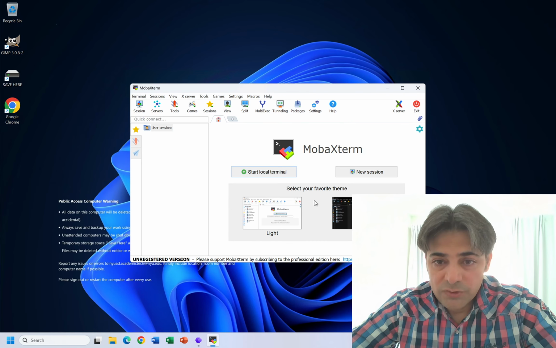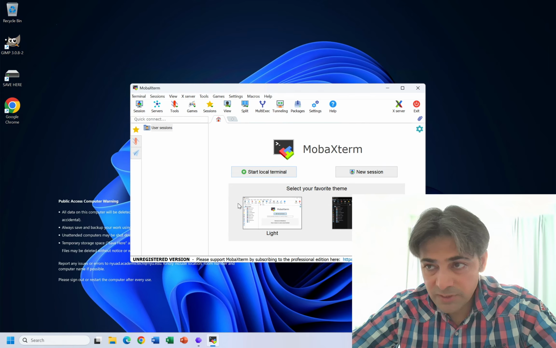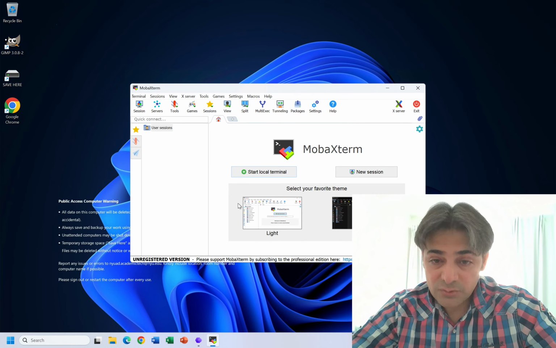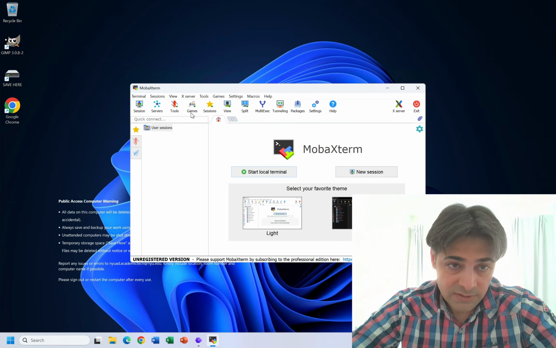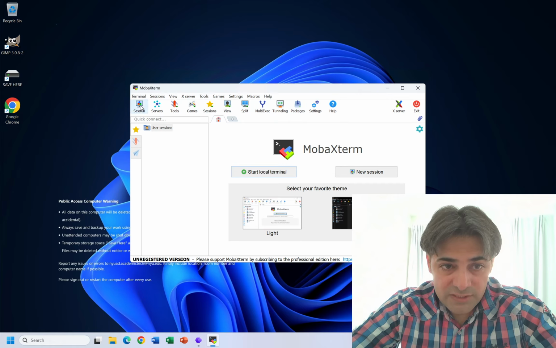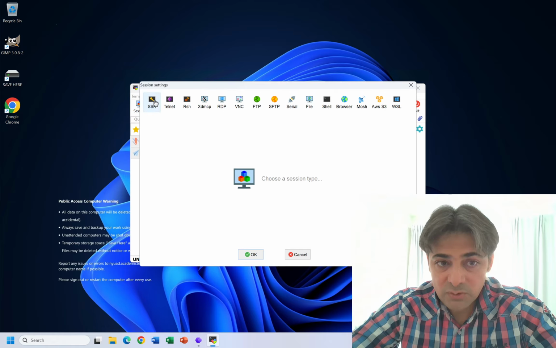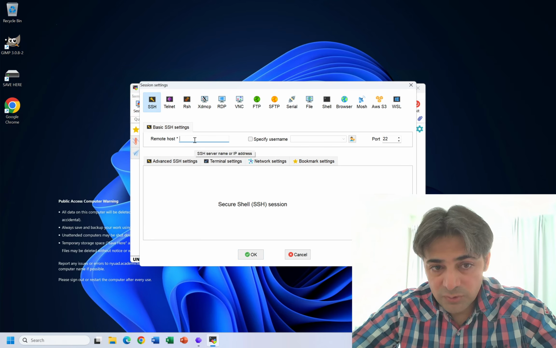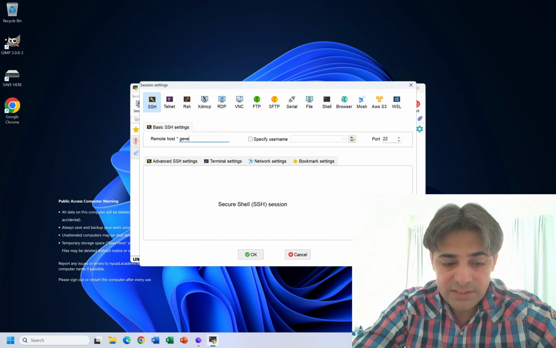All right, once you open MobaXterm, this is what you get. Please refer to the PDF document that I've already shared in the contents, which explains how to connect to the Cadence. So in this window we'll go to Session. Within the session we'll go to SSH. In SSH, the remote host, which we know as